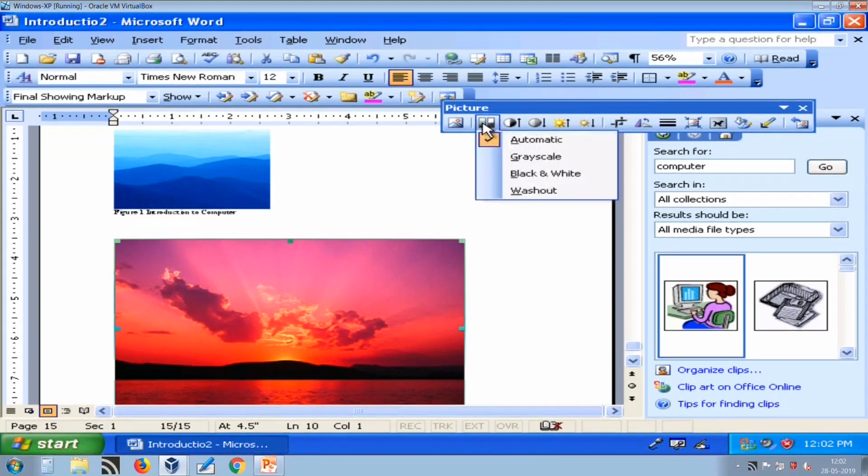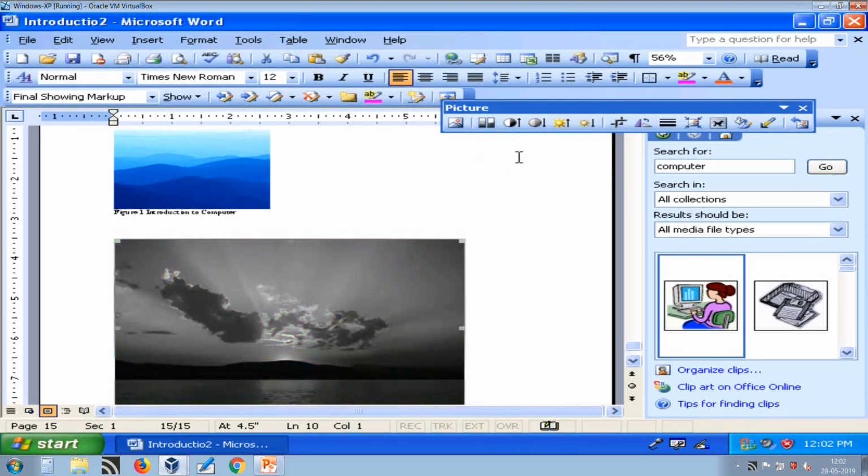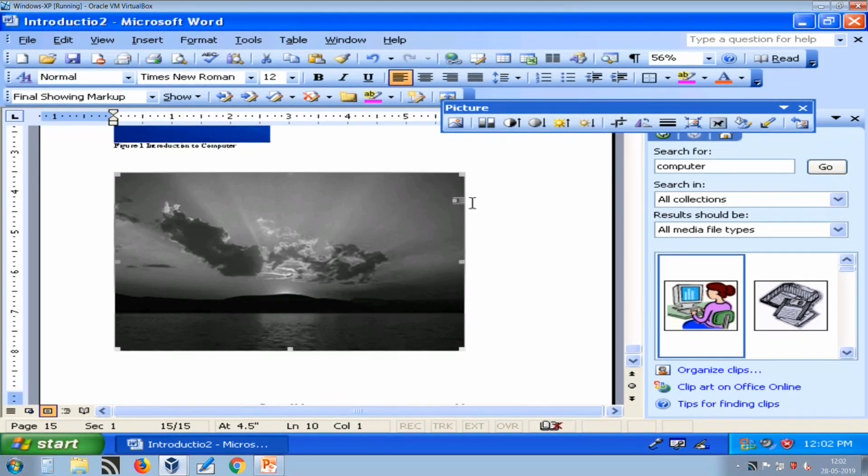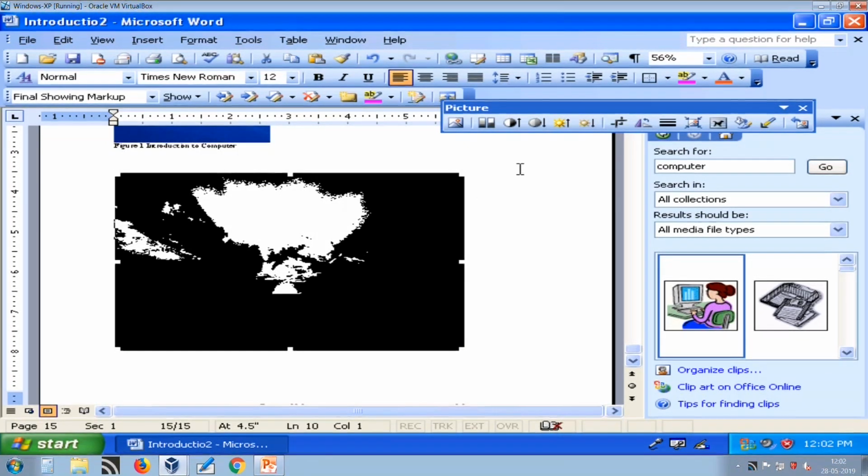Now this specifies whether you want to display automatic color or grayscale. Grayscale means it only shows shades of gray. So here that picture is converted into grayscale, which is shades of gray, and in case of black and white, my picture is completely converted into black and white color.